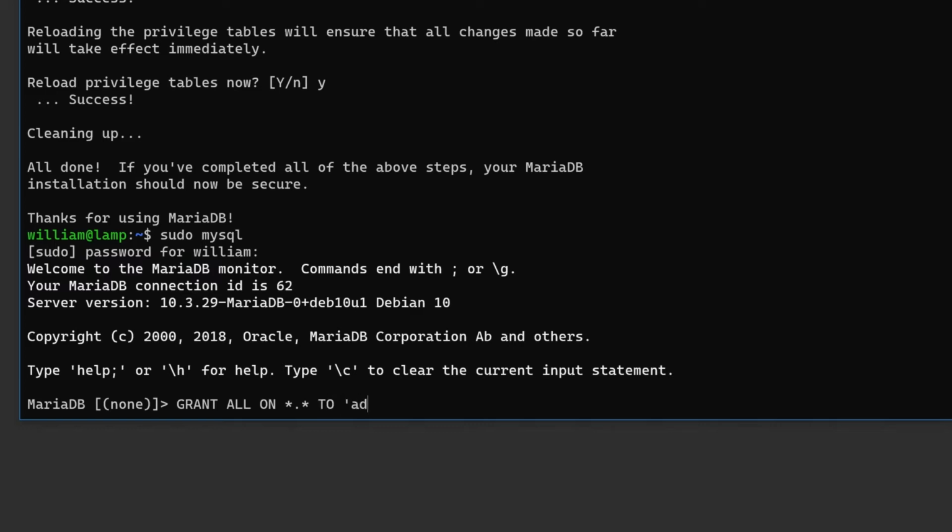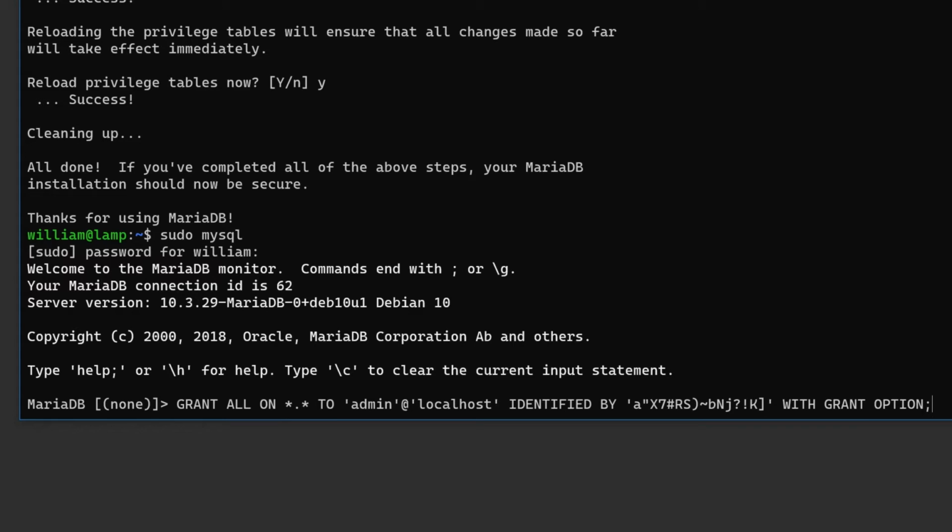At the MariaDB prompt, input grant all on *.* to 'admin'@'localhost' identified by ' then I'll paste in the password from the online generator, ' with grant option semicolon.